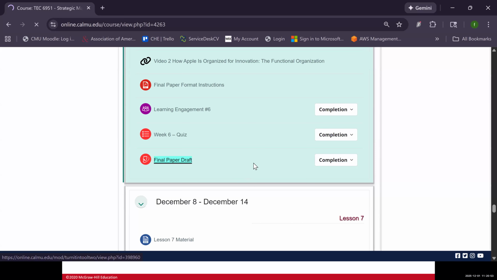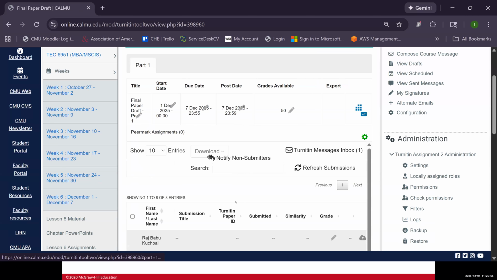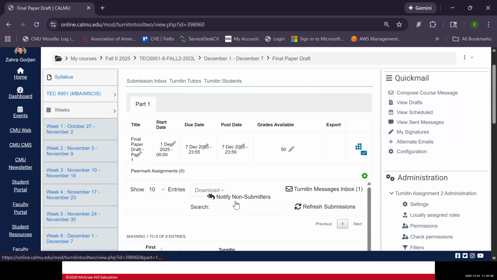You definitely need a title page for your final paper, following APA principles and formatting principles. Then you have to have an introduction.